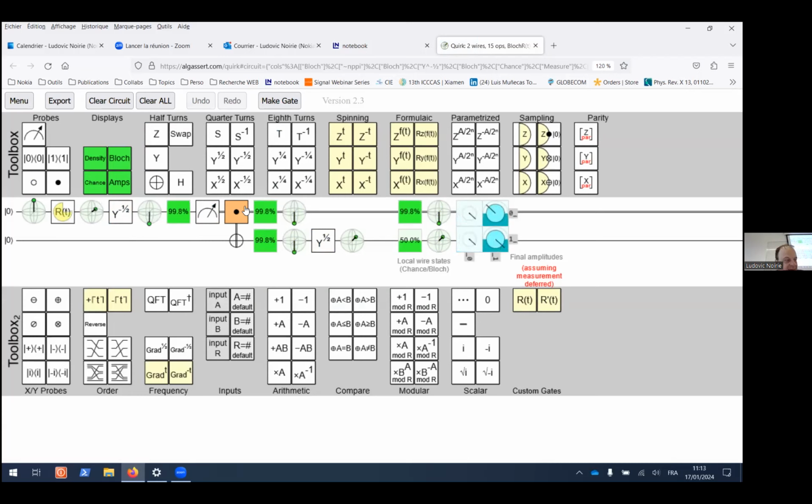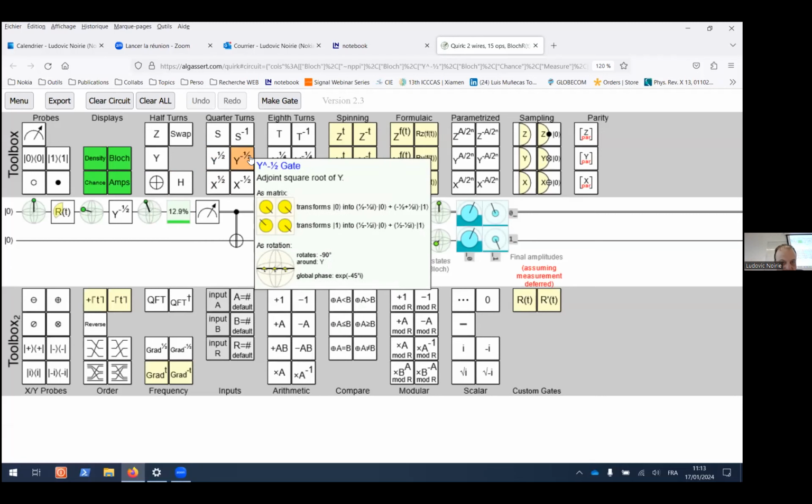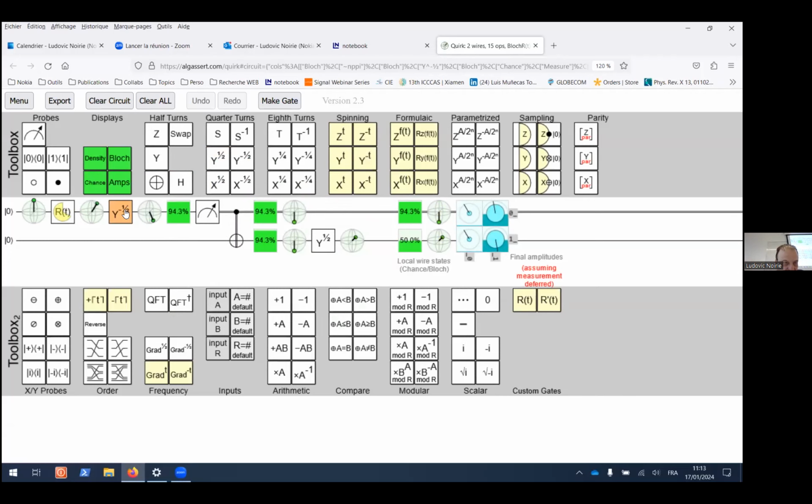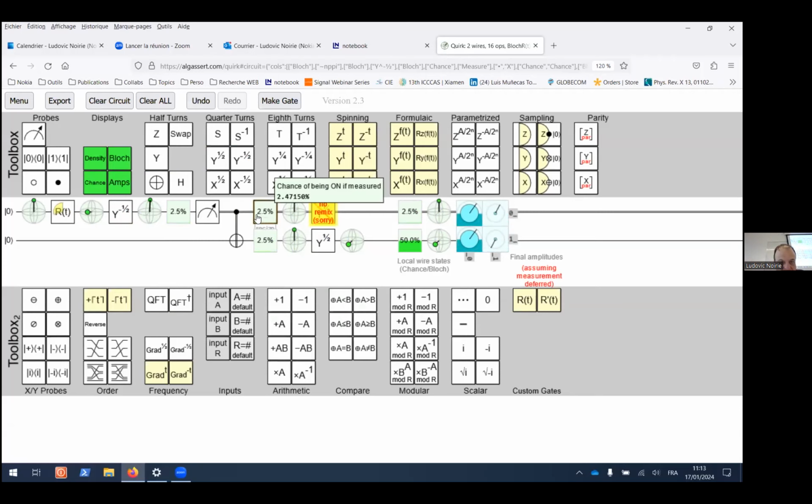if you have x, or if you have a plus or minus. But then if you want to go back to the x-axis, what you need to do is the inverse operation of the one that you apply here. So what you need to do is something like this. But you see that after the measurement you cannot do it, because it is, how to say, a classical state 0 or 1, a classical bit. So you cannot do some operation as it is a qubit.